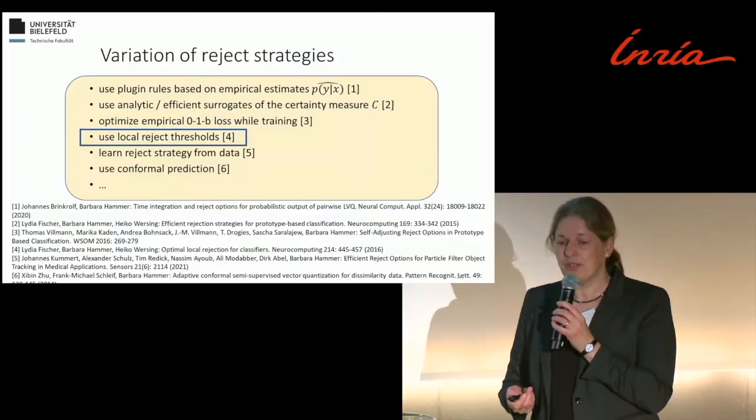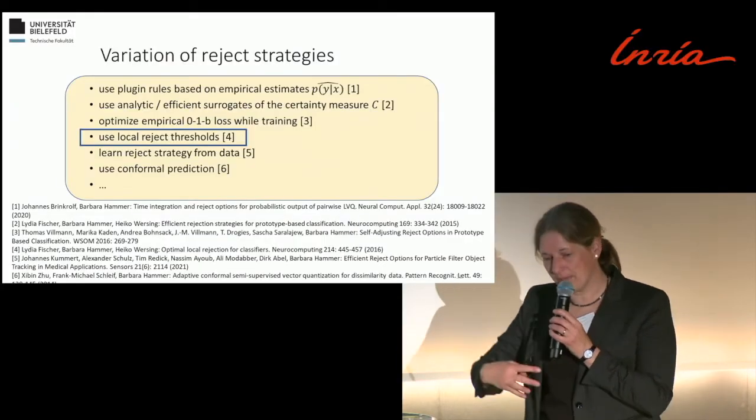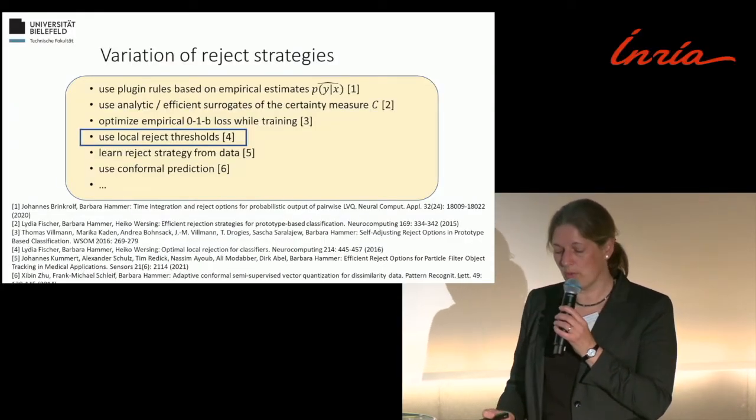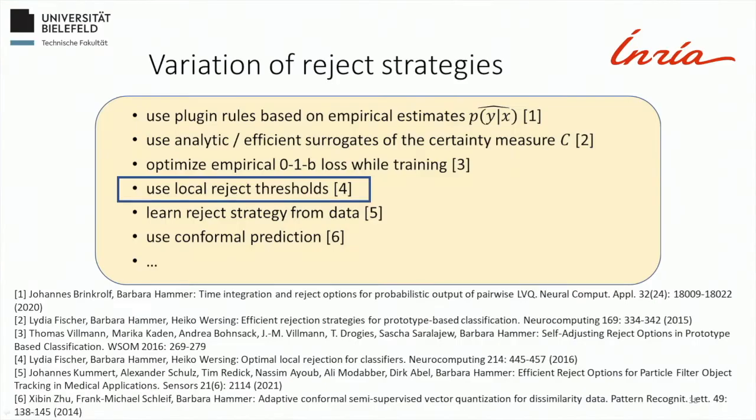Due to that, there do exist a big number of approaches how to, on the one hand, get better estimates, in particular for deep networks, of the certainty of the estimation. There do exist analytical approaches to go for surrogates. There do exist direct optimizations of the 0-1-B loss or surrogates of that, even supported by learning theoretic guarantees. You can learn reject strategies directly from data. There's this beautiful framework of conformal prediction. What I would like to delve into is one